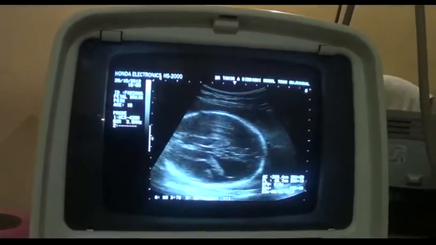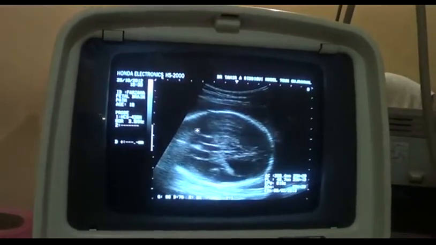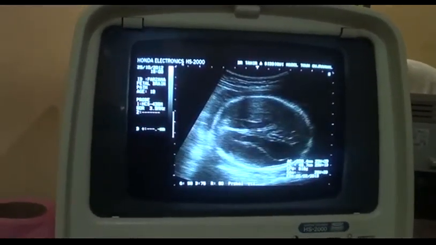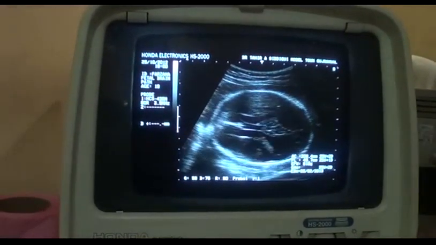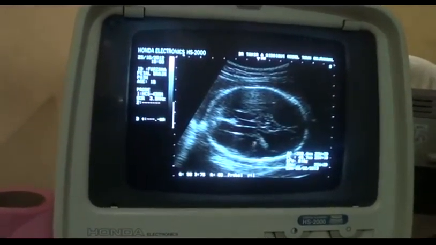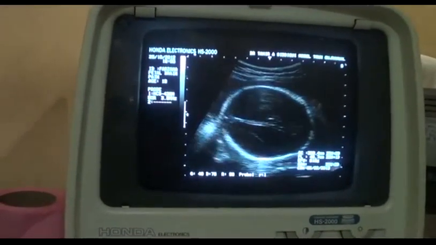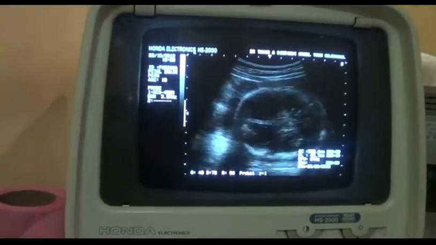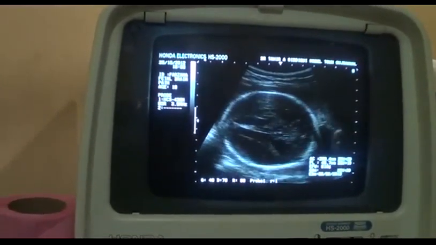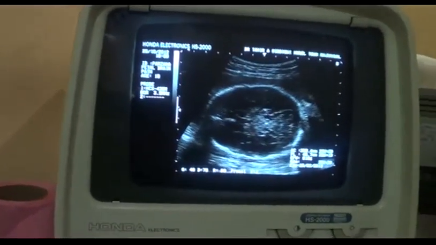What about the cortical mantle? Here I am seeing reverberation artifacts, and it makes it difficult to get the cortical mantle in this region. And I show you that the cortical mantle is significantly reduced in size. No cortical mantle, in fact, is seen. There is dilation of all the ventricles, and this is a case of hydrocephalus. Definitely. Case of hydrocephalus with dilated lateral ventricles, thin, clogged third ventricle,